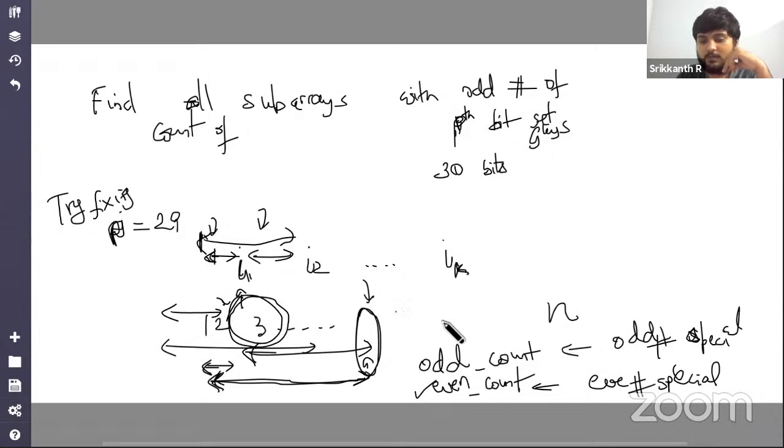Okay, so by maintaining the even count and odd count of the prefixes visited so far, whenever we are at a prefix, we find out the number of valid subarrays that ended at that particular prefix, and we can count all those subarrays in a single go and in linear time, in one pass over the array. We can find the number of subarrays that had an odd number of bits set. Okay,